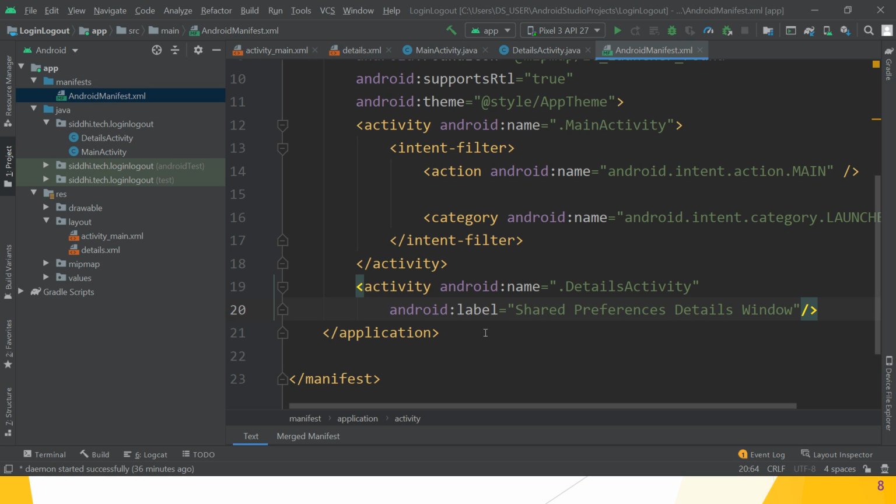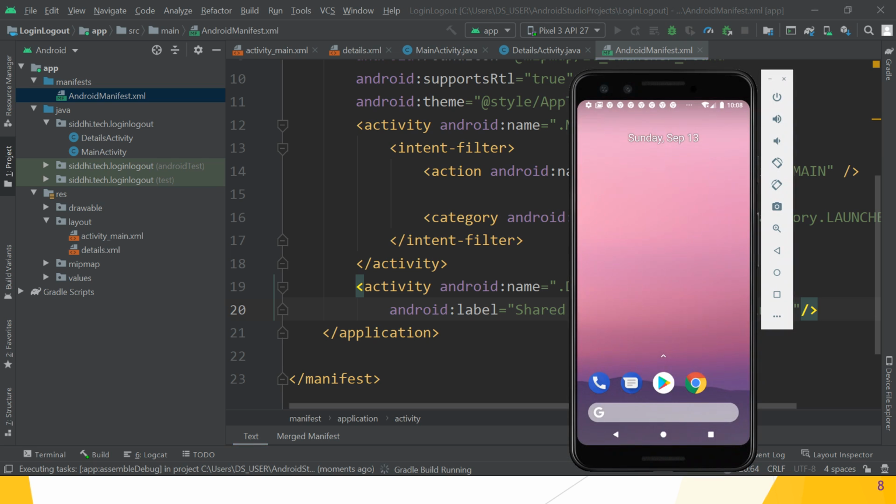Guys, hope you understand. Now it is time to run our application. Let's run this application now. Click on this run button, wait for some time, open your emulator, and wait for some time so that the Gradle build is completed, and we will see the output on your emulator.